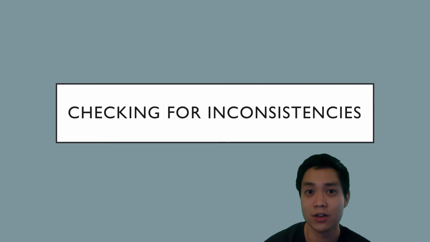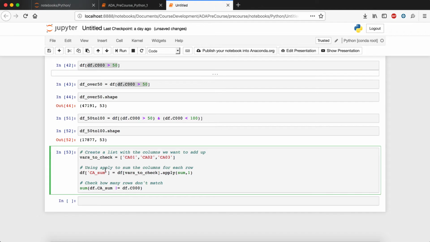So in your Python notebook, there's a block of code that walks through how to check whether for each row the jobs by age group add up to the total number of jobs. So let's walk through that block of code line by line. All right, so basically first, what I have here on the first line is the vars to check, and I'm